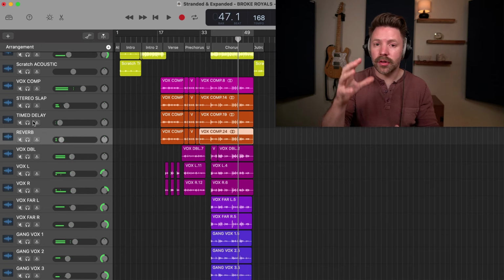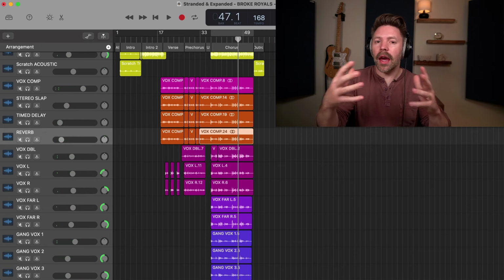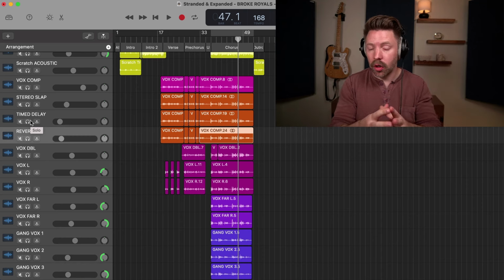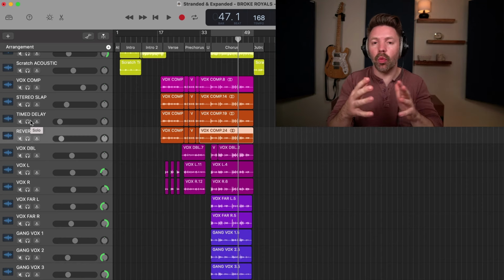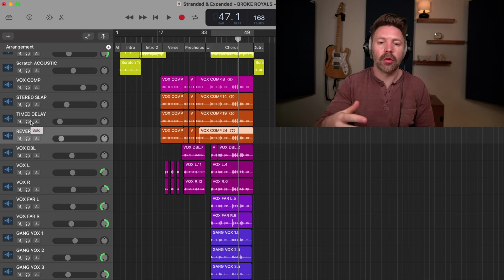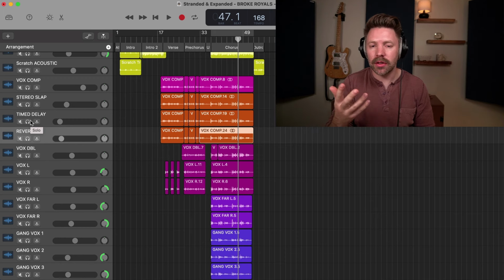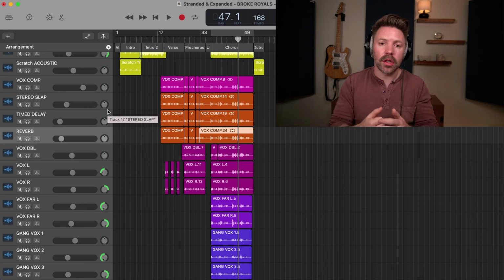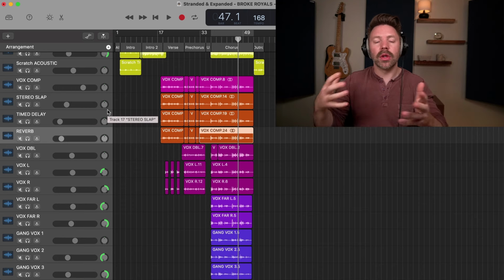Cool, right? It's all subtle stuff, but you can tell that it just adds together to give us a little bit more realistic space in our mix, and we're not clouding it at all. The biggest and worst thing you can do is just pile on reverb and create a cloudy, muddy mess of a mix. By doing little bits of effects, but doing them very intentionally, you can absolutely dial in a realistic space while